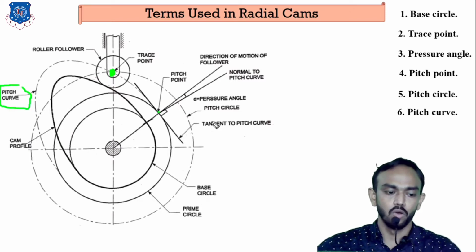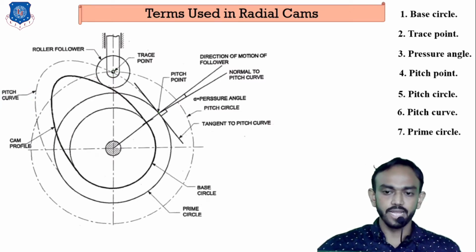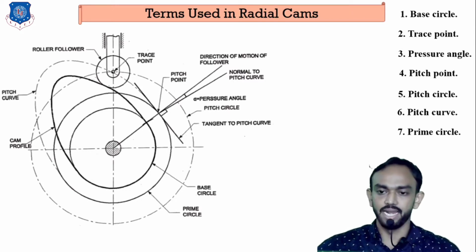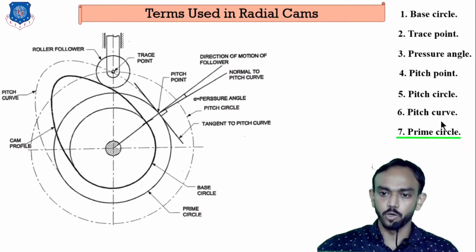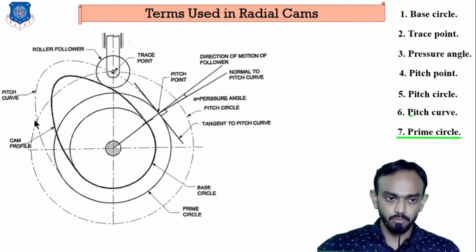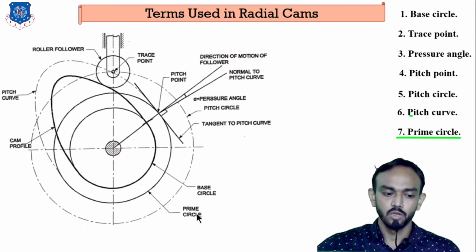Okay, next is the prime circle. The definition of the prime circle is the smallest circle that can be drawn from the pitch curve. You can see here, pitch curve means the curve generated by the trace point, and if this curve is the pitch curve, the smallest circle that can be drawn, you can see here, this is the prime circle. Okay,